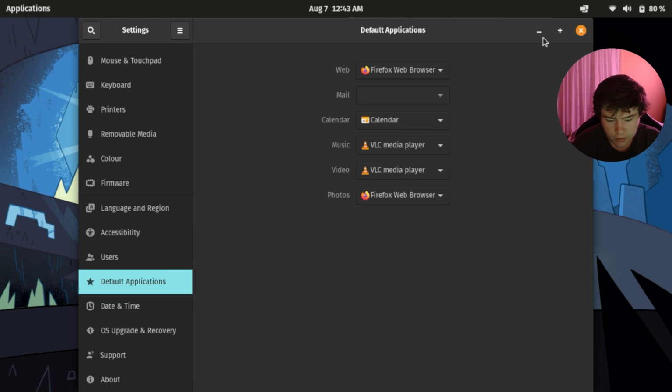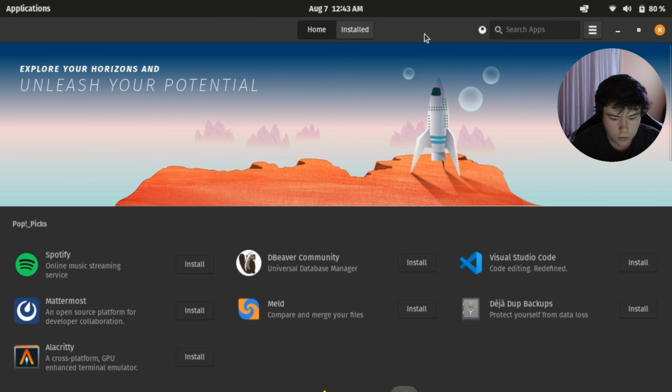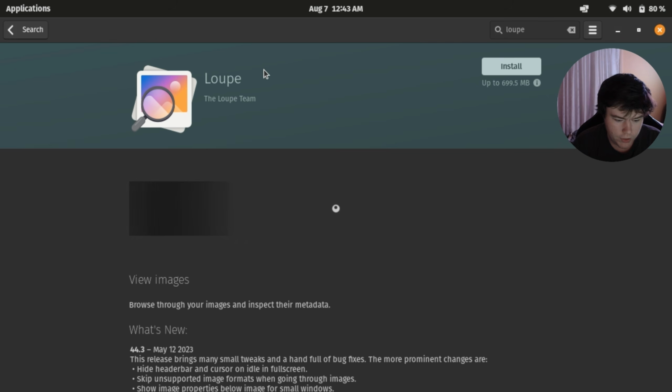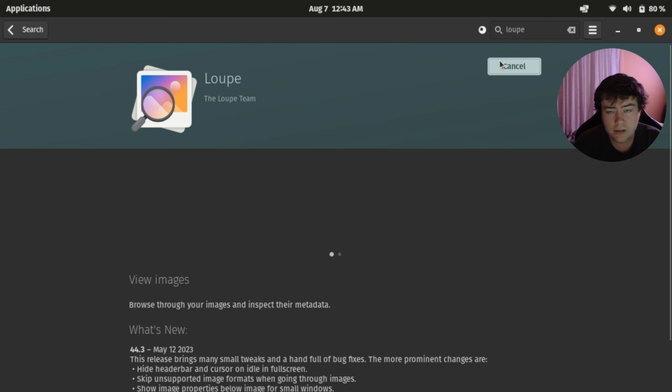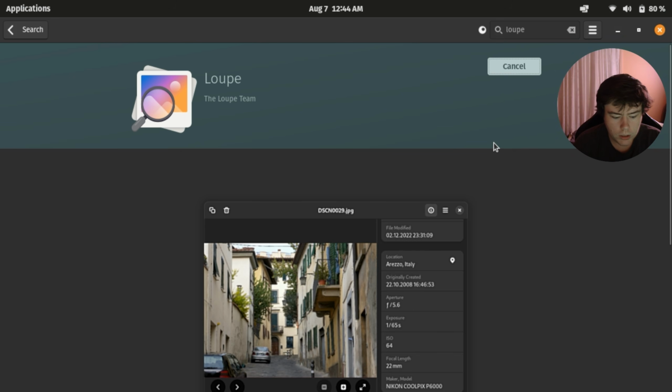And then probably the next thing that we will do is install loupe, which is another image viewer. Now this is not necessary, but this is one of the newer GTK4 based image viewers that are going to be used on GNOME 45, I'm pretty sure. It's going to be used as the default image viewer for GNOME. So I really enjoy using this image viewer, as it's a lot newer and it gets more updates, and it supports a lot more features and file